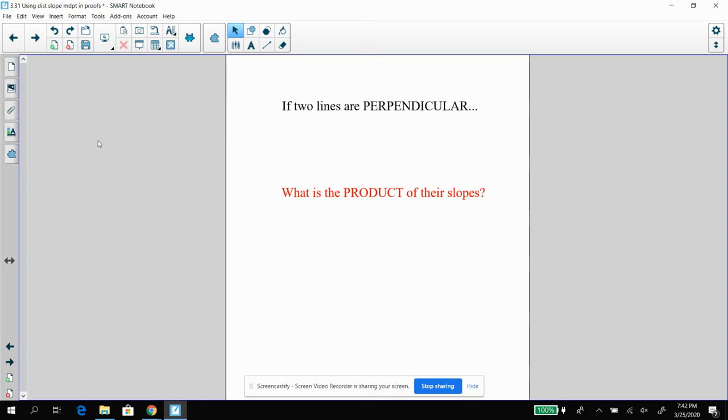So remind me, if 2 lines are perpendicular, what do we know about them? We know that their slopes are opposite reciprocals. So one line would be like this and one line would be like this. They meet at a 90-degree angle, right? And we know that if the slope of one is 2/3, the slope of the line perpendicular would be negative